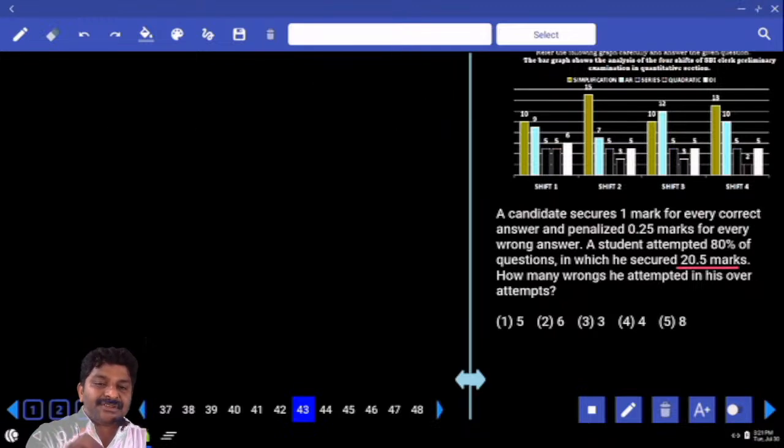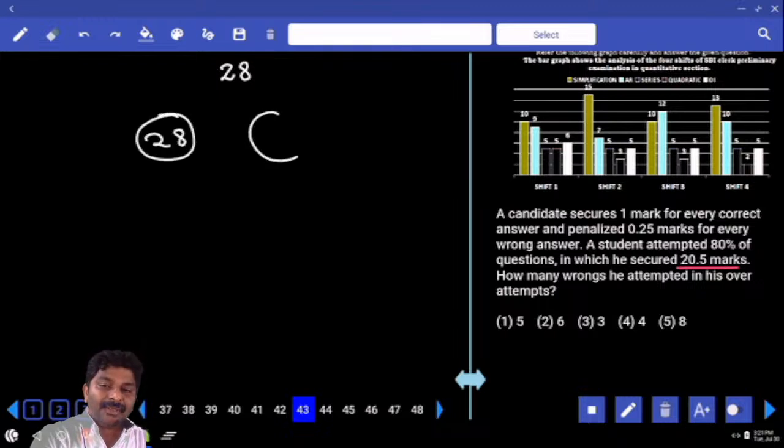If you use alligation, how many questions did he attempt in total? If all are correct, he will get 28 marks. If all are wrong, he will lose 7 marks. Overall questions,